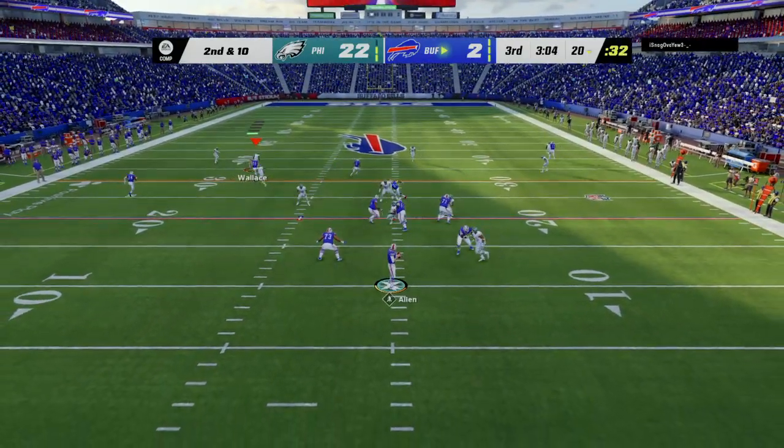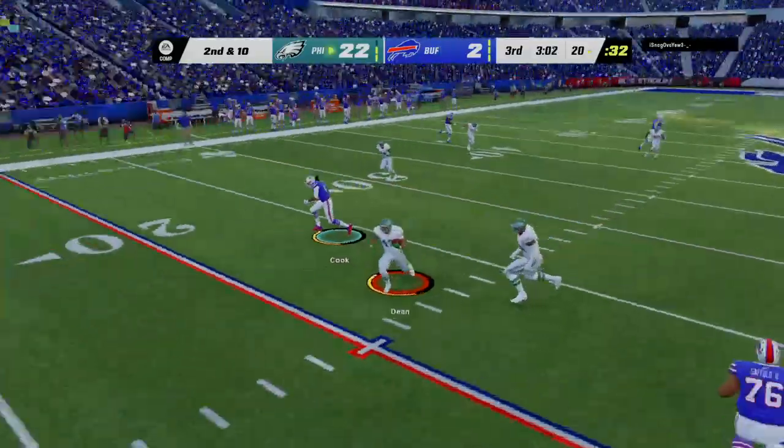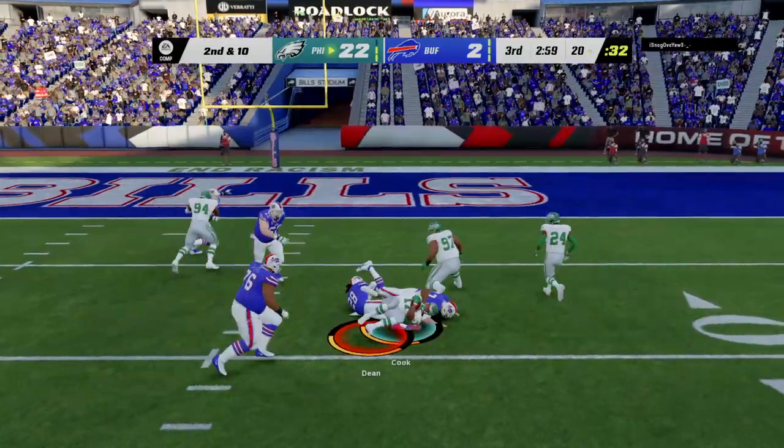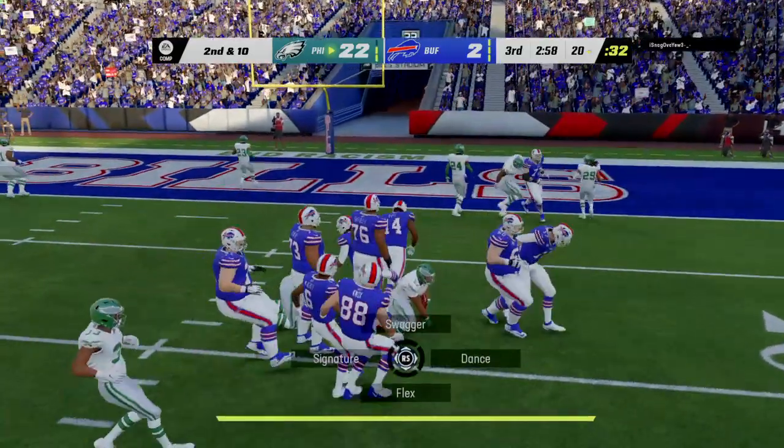Now Allen. And his pass is intercepted for the 4th time today. It's Nakobe Dean with a pick. And they...